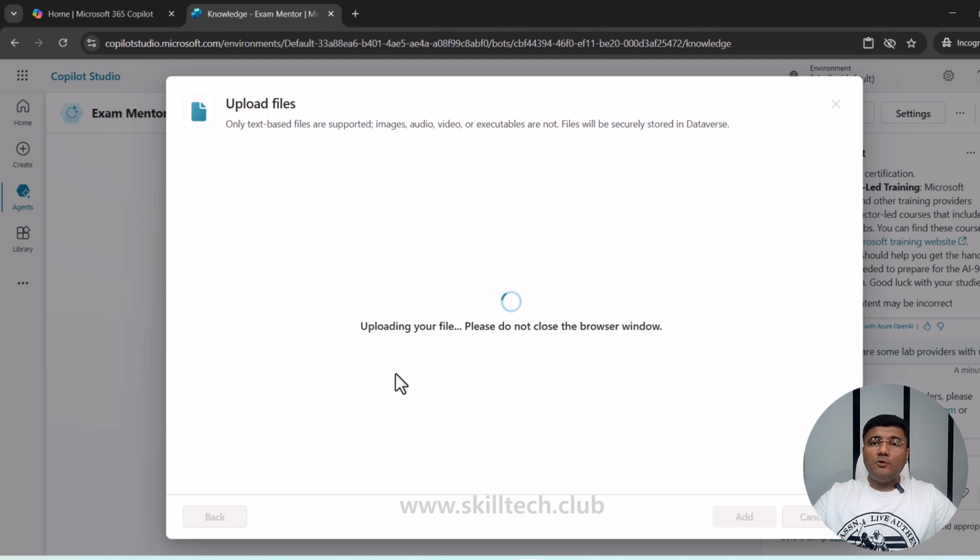This knowledge is going to create a knowledge base. So basically, whenever you ask a question, it is going to configure this document as a knowledge base source. It's going to find an answer from this document, and according to that, it's going to give you a response. While this is going on, I can showcase this document to you,